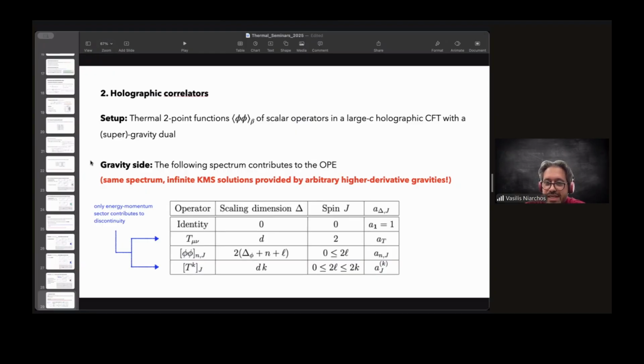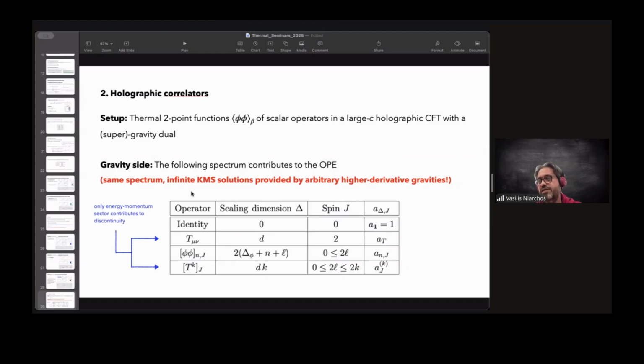It's useful because it's telling us what works and what doesn't work and what we have to pay attention to. And then we thought of applying this to another more interesting example where we don't know the solution, where many people are interested in getting the solution, the case of holographic theories. So large C holographic CFTs with a supergravity dual. This case is interesting for another reason. Once you give me the spectrum, and the spectrum here comprises the double twist operators, the energy momentum tensor, and multi-traces of the energy momentum tensor, the spectrum is fixed, but the solutions we know from holography